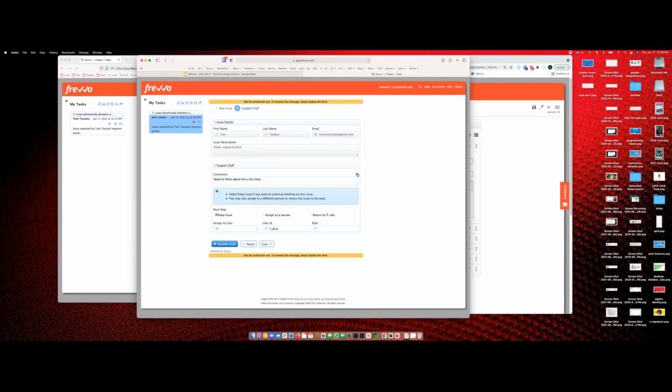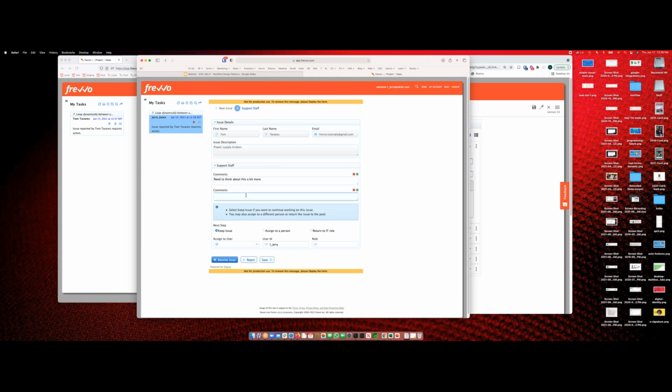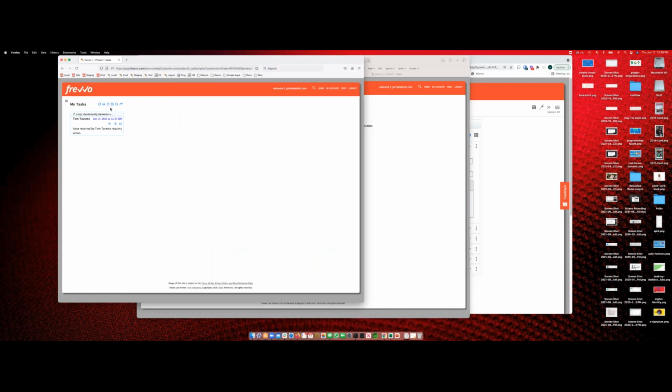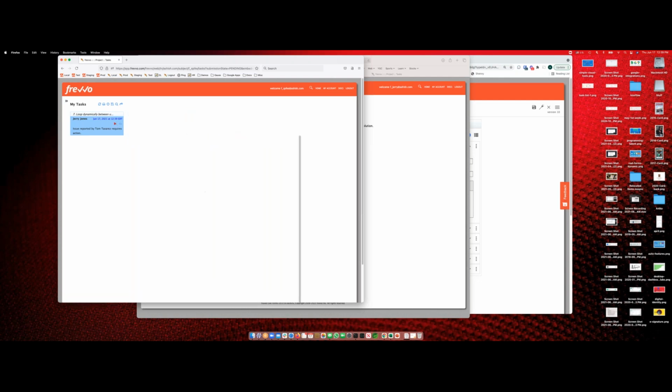A couple hours later, I'm like, okay, I thought about this here, but I need info from Spike, let's say. So I'm going to assign this to a specific person. I'm going to pick the user Spike. You can see that Spike's user ID is automatically copied in here. I'm going to click save, and now it's gone from my inbox and it has appeared in Spike's inbox in here. Again, you can look at the task list, I'm sorry, the audit trail here. It went from Tom to Jerry, who saved it and then sent it on to Spike,